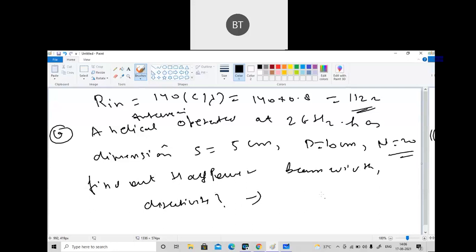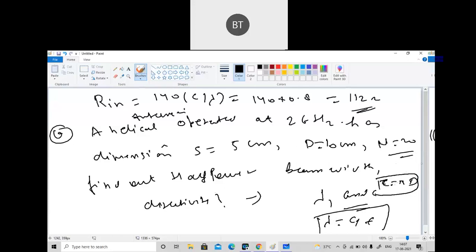In this problem, if you can see, lambda is not given, so you don't have lambda and circumference. You can calculate lambda from lambda equal to c by f. From here you can calculate the value of lambda, and for circumference you apply C is equal to pi into D. This is the formula which you have to apply. I'll read the question one more time. A helical antenna is operated at 2 gigahertz frequency, and the spacing between them is given as 10 centimeter, and the number of turns is 20. Calculate the half power beam width and directivity of this antenna.